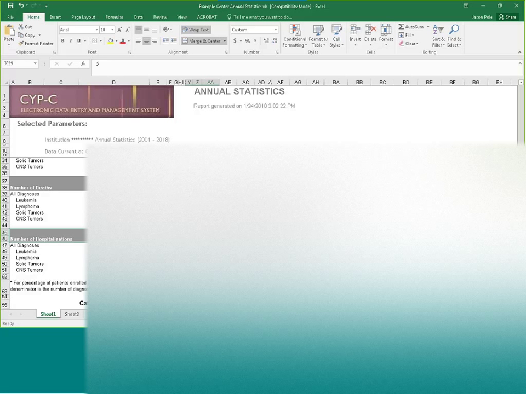And then if you go down to the last set of numbers here, hospitalizations does work differently. This tells you the number of hospitalizations in that year. So this one isn't related to patients diagnosed in that year. What this tells you is that in 2013, this site had 45 hospitalizations for all of their patients. So that's the first sheet, sheet 1, that deals with all yes-no variables and groups diagnoses into these major